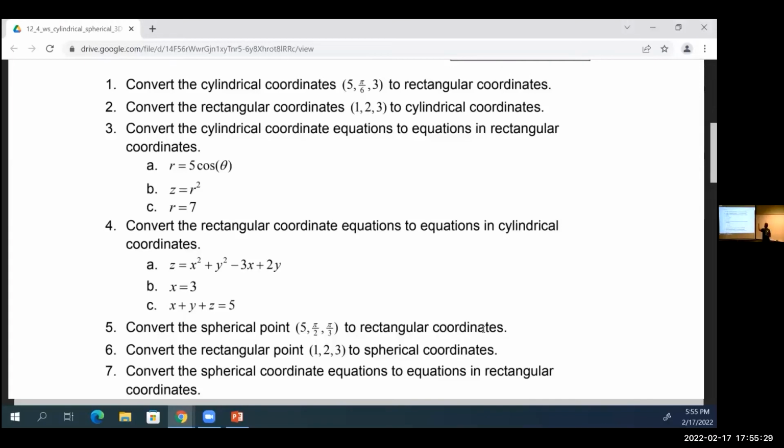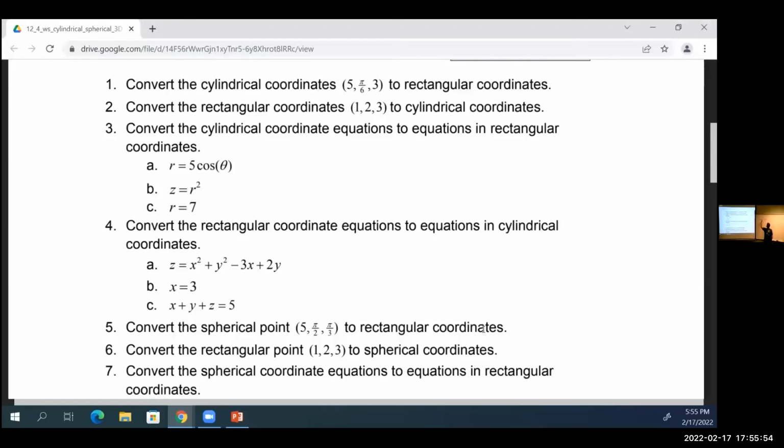So 3a. We're given the polar equation r equals 5 cosine theta. This is something that can be graphed in Desmos in your graphing calculator. You just need to change your mode to polar. So if you want to convert this, at first it's hard to see how, but what we can do is